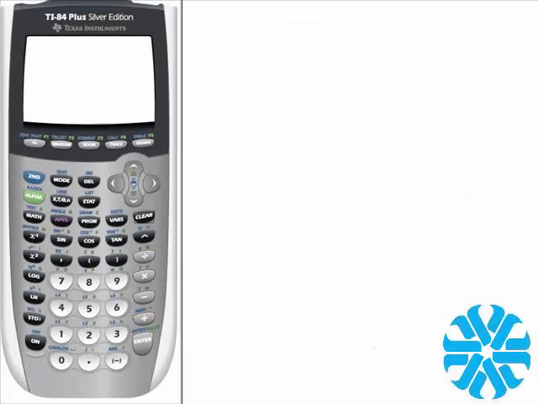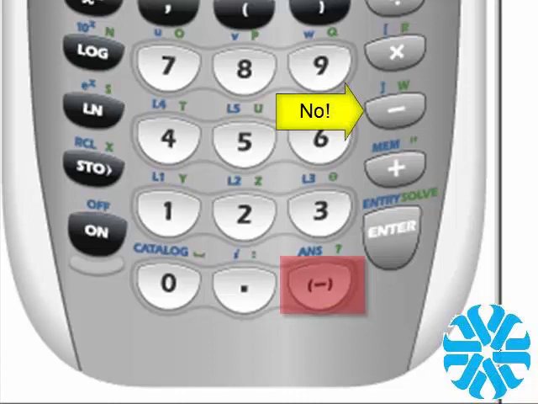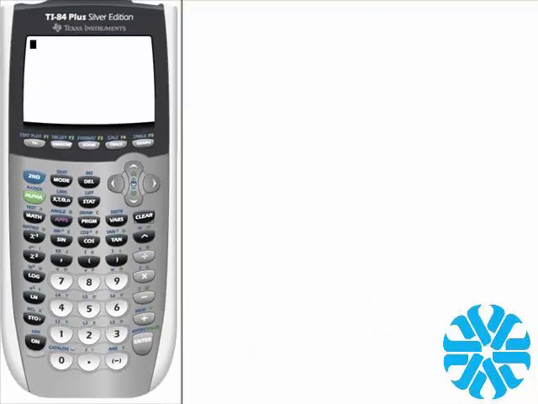In this video, you will learn how to enter negative numbers into your calculations. Use the negative value key to enter in negative numbers, not the subtraction key. So let's take a look at our first example. Let's say we want to take negative 6